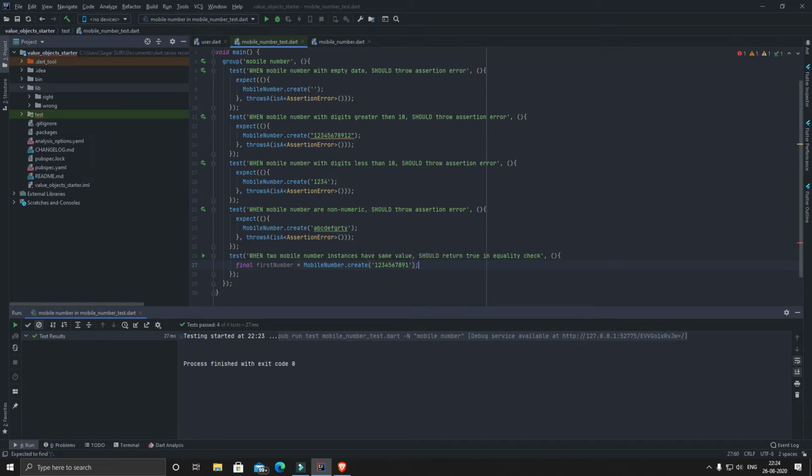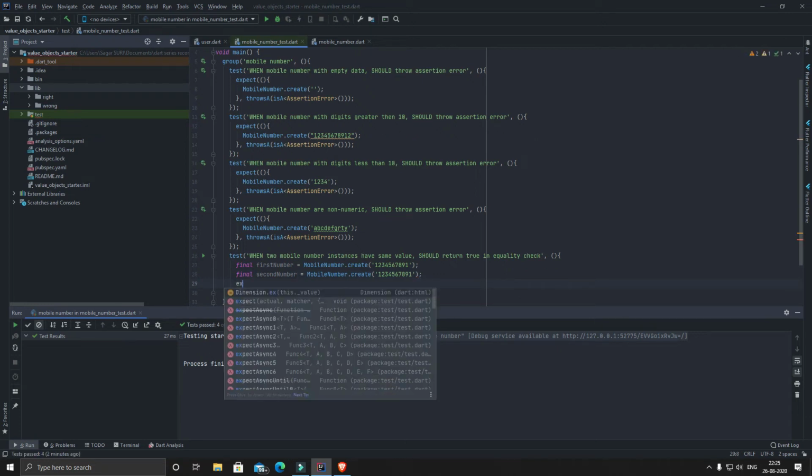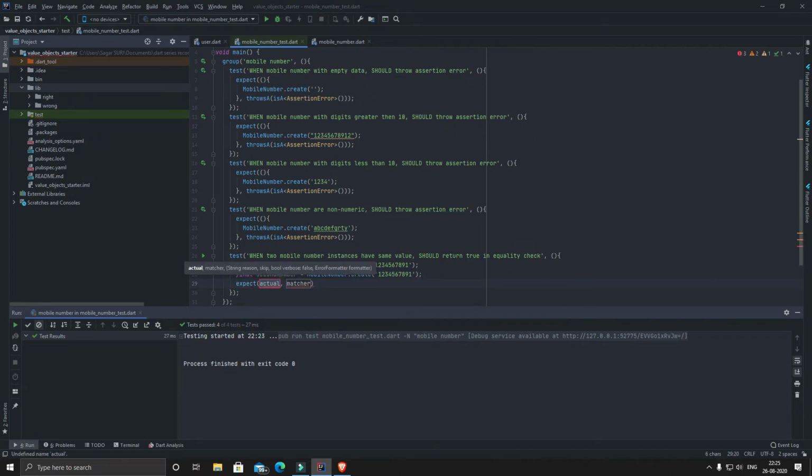So this is a valid mobile number, and the second number dot create, and let me pass the same mobile number, and let's see whether both are same or not. Expect the actual first number equals second number, and now let me try to run this,